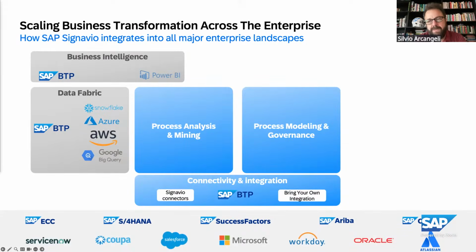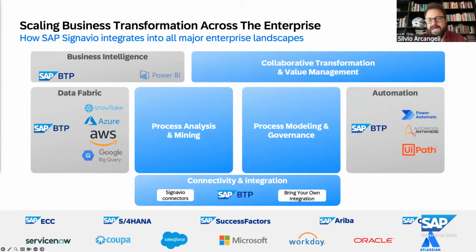Same approach, similar approach, equivalent, I would say, approach when it comes to integrating to the automation space, right? So Signavio, of course, provides collaboration and transformation management as part of the Signavio suite. So that's part of the core DNA of what we do. We are not limited to just giving you analytics and visibility, as I said earlier. We also provide process re-engineering, so in process modeling and collaboration and transformation management capabilities to help you plan and execute the change.